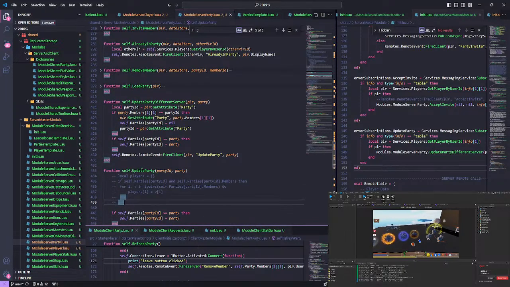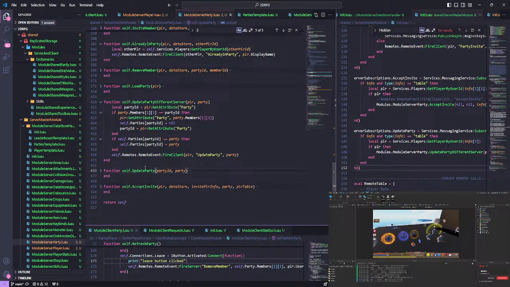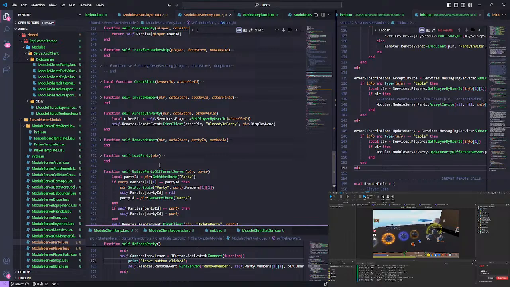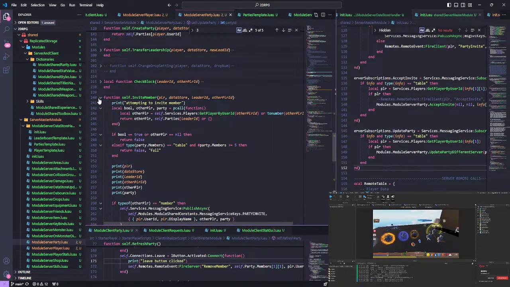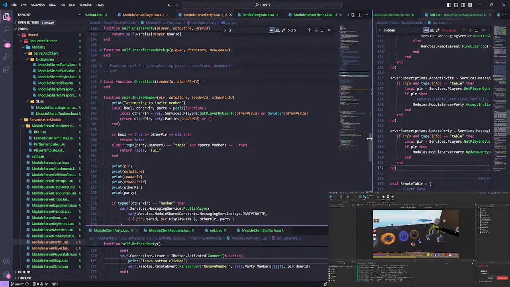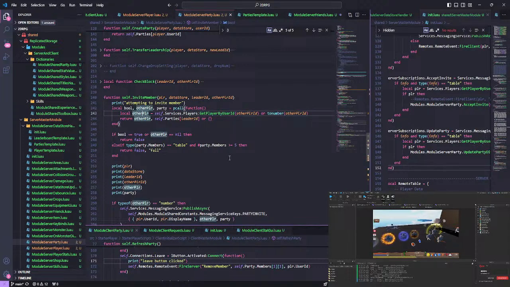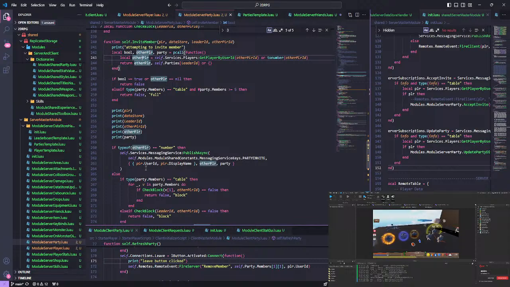Next, what happens when you invite? I'll have to do invite, I'll have to do leave. So invite member. I'm inviting a member. The member I'm inviting is in my friends list. They're not in the current server. All right, if it's equal to number, then party invite. All right, so